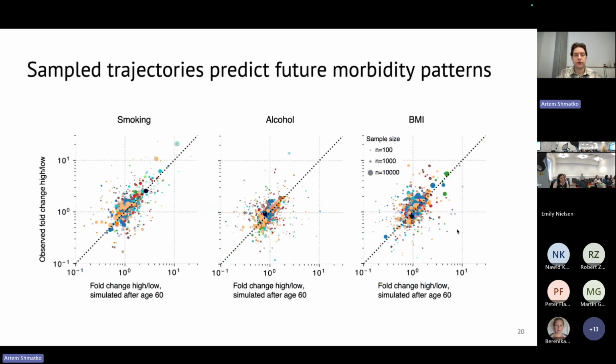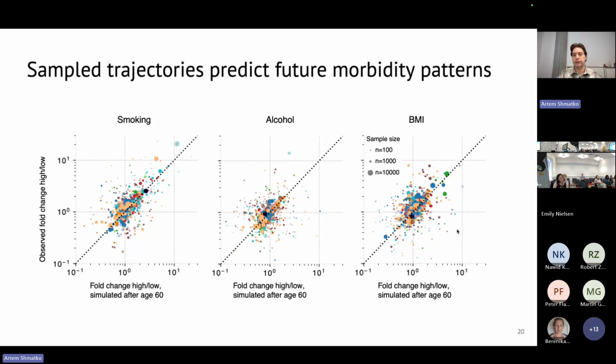We wanted to also check how good it is at conditioning for certain events in the past when doing these generative samplings of trajectories. And to do this, we conducted the following experiment. We again use these trajectories that have two continuations from the age of 60, the real ones and the sampled ones. And we